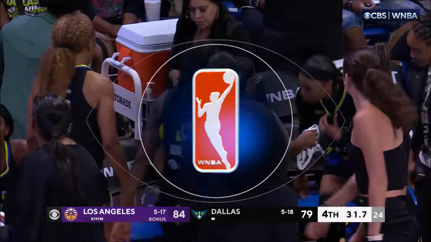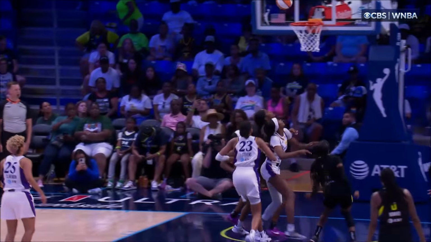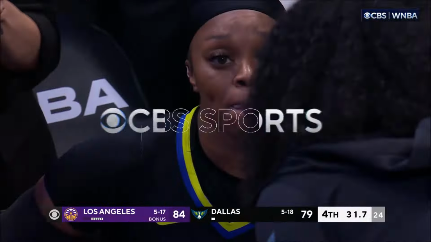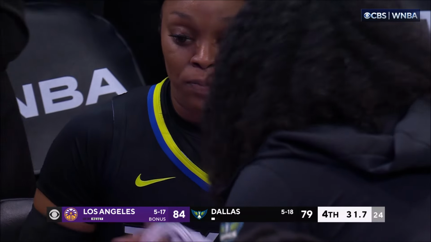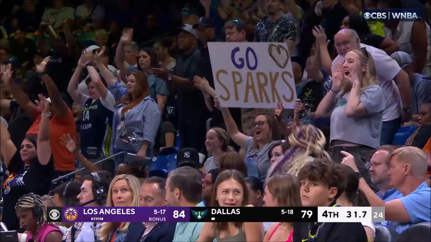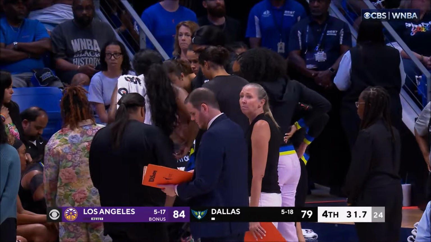And taking a look at this last drive, this has been there for Sims all afternoon. Now she's done a terrific job of getting a piece of the paint, squares her shoulders and body up. Nice body control there. Clutch bucket, that's what you expect from an 11-year vet. So really the challenge now for the Sparks is just a clean inbound. Getting the ball inbounds, advancing it down the floor, I imagine. In your experience, what's the best way to do that against a Dallas team that you know is going to